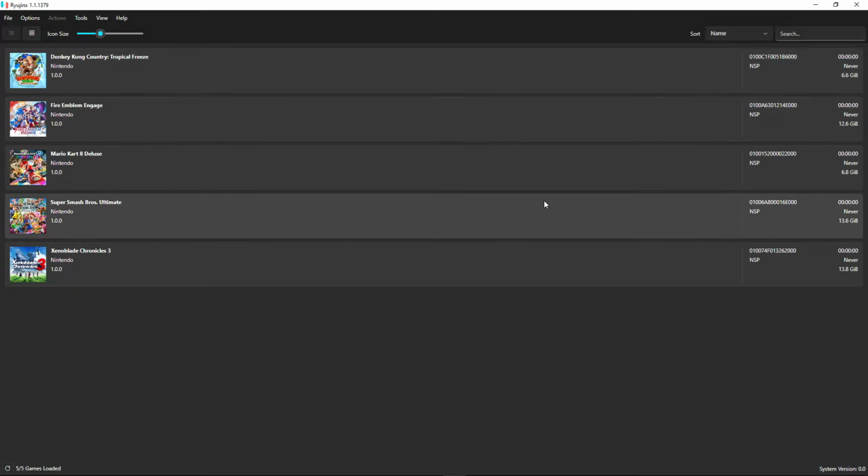This emulator can play games in the NSP and the XCI format, which are the most common formats out there. Now I'm going to show you the settings of this emulator and what you can do to make your games look even better. The default settings of the emulator will work fine for most games out there, but it is a